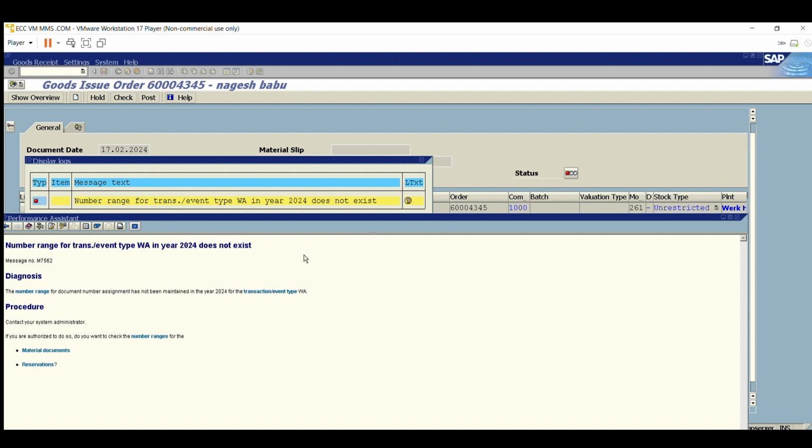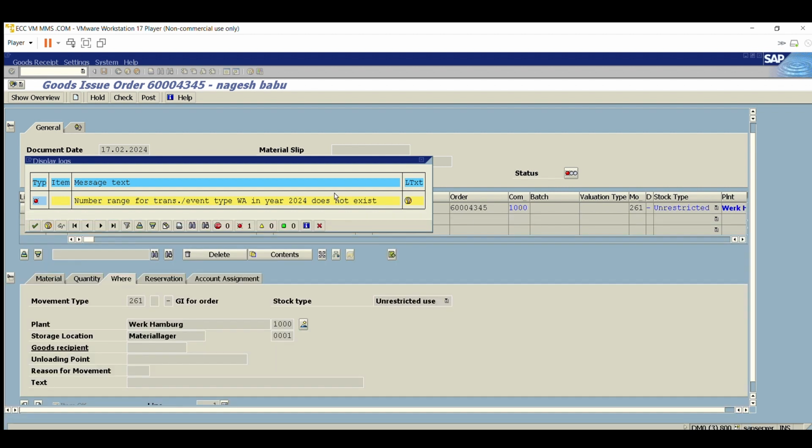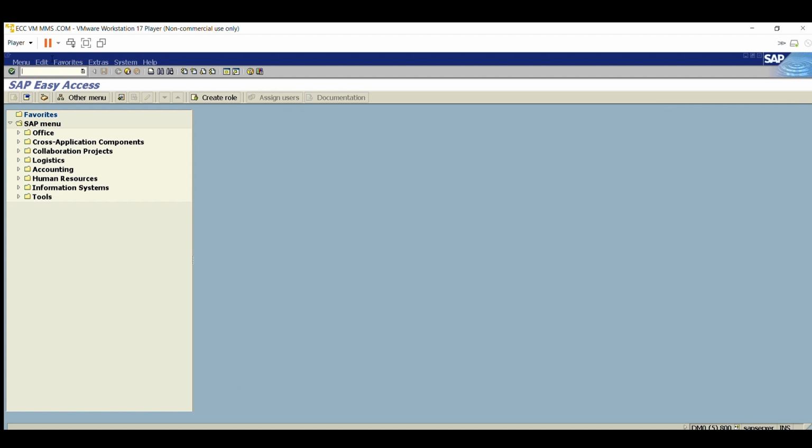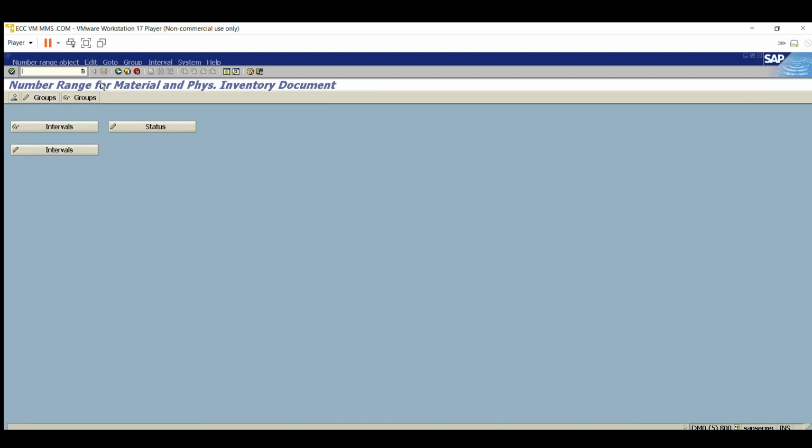Okay, as I know how to resolve this issue, the T code to update the number ranges is OMBT. Okay, so if I go to one screen /n, enter. Now I will enter OMBT. So OMBT is a T code for number ranges, okay, for material and physical inventory document. Okay, so if you click on